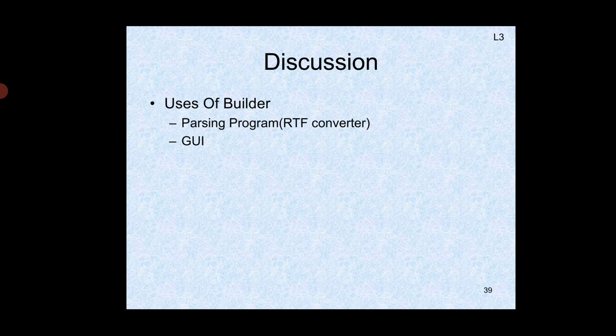Once again I have to repeat it, the related patterns. Here we are using the abstract factory design pattern and the composite design pattern. What are the known uses of the builder design pattern? The RTF converter application is from ET++. It's a text building block. We are using a builder to process text and store it in rich text format. Next, the builder is a common design pattern in Smalltalk-80.